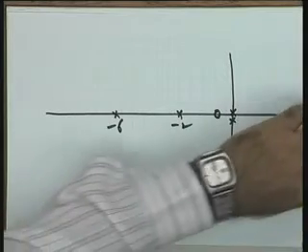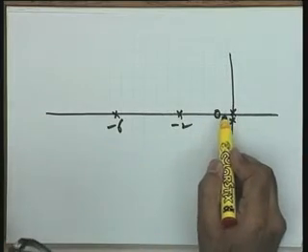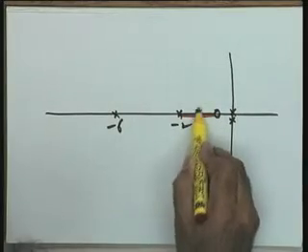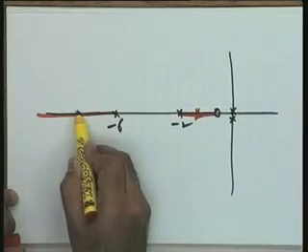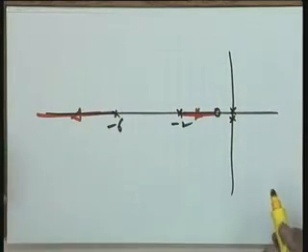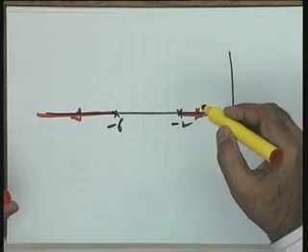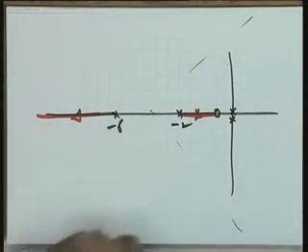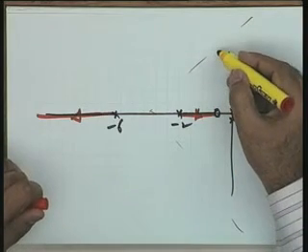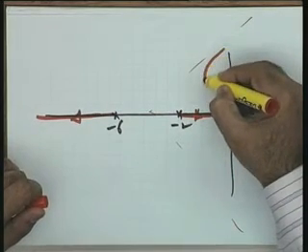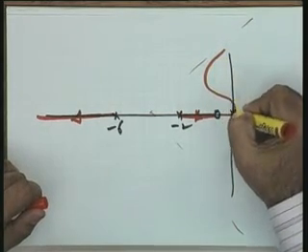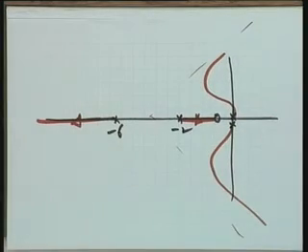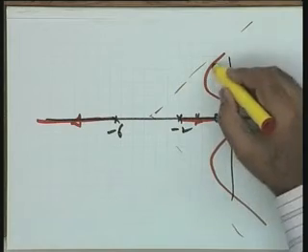Again, it may be difficult to guess it, but at least it is clear that this is the portion on the root locus branch, this is the portion on the root locus, and how about these axes? The axes are going to be like this, and if I make a sketch, in this case the root locus sketch is going to be like this. Well, it is very difficult to plot it without the rules or without taking the help of the computer.